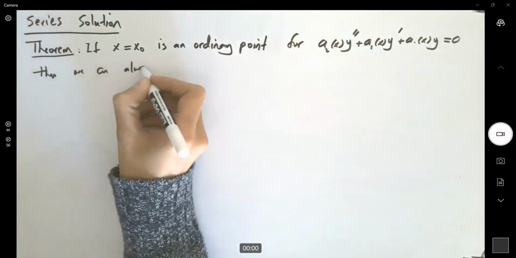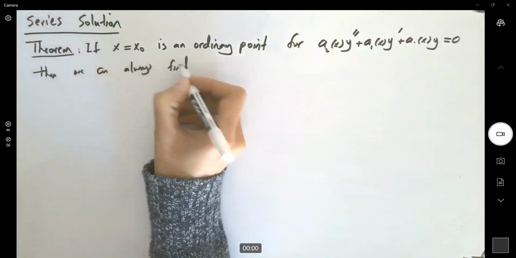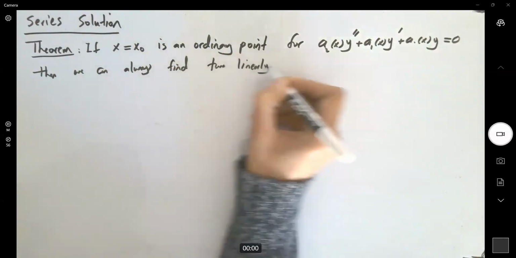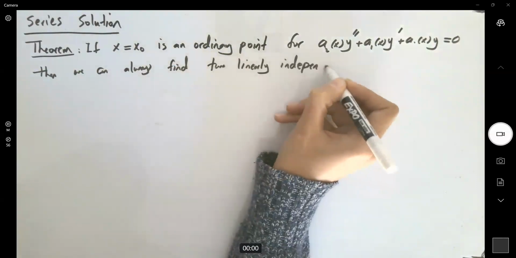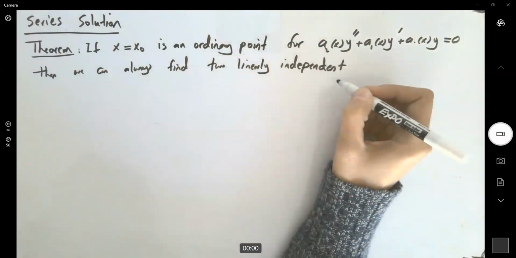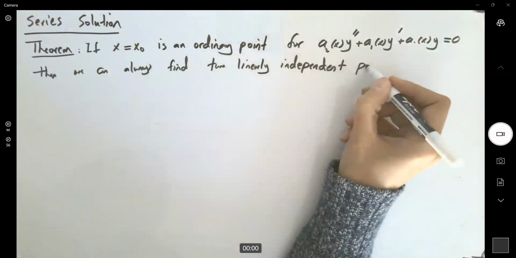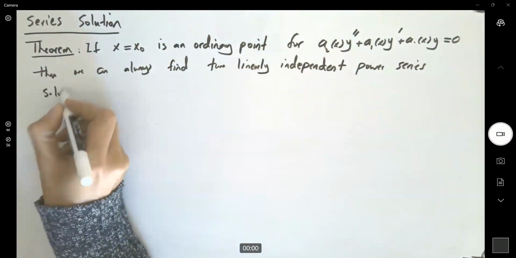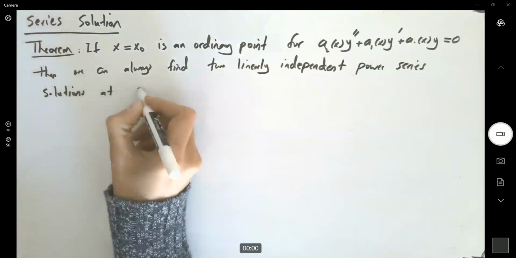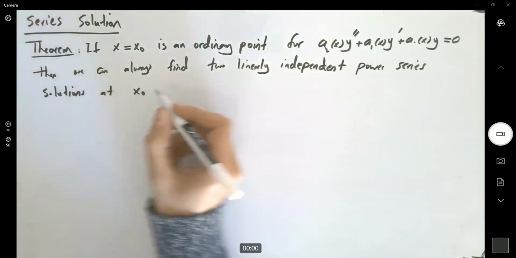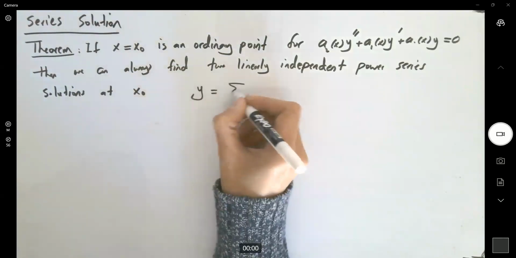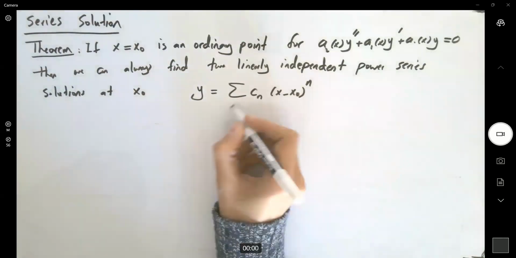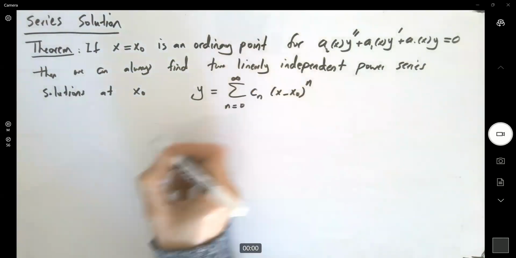we can always find two linearly independent power series solutions centered at x of 0. So y becomes the power series Cn (x minus x of 0) to the n, and start from 0 goes to infinity,